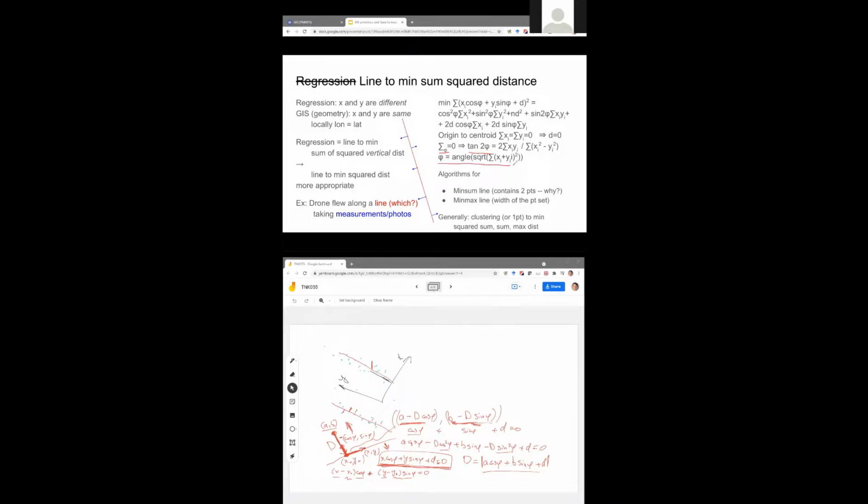Yes, if you go to the complex plane, then you can actually see that phi is the angle of the square root of this sum, x plus i times y, squared. Here i is the imaginary unit, i squared is equal to -1. Anyway, so you have this closed formula solution for the angle at which the optimal line